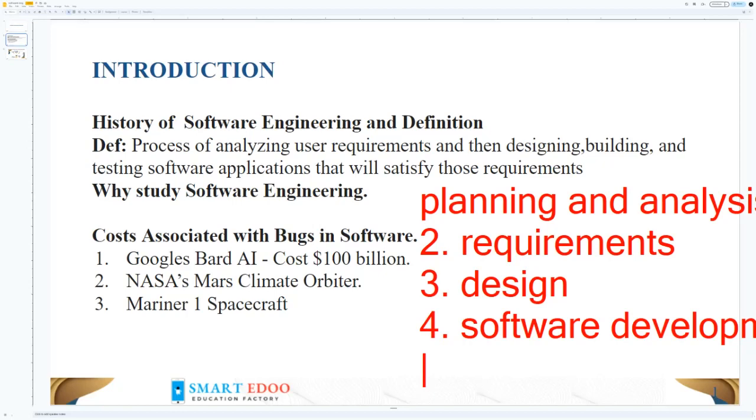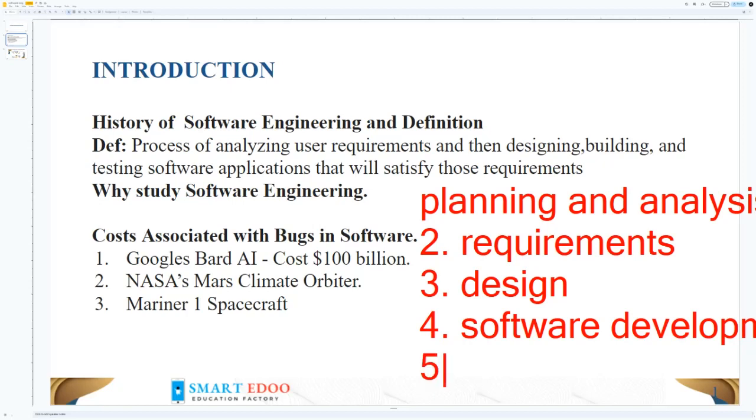And as you can tell, updates are what we call continuous integration and continuous development. Those are parts of software engineering, what we call software maintenance and deployment.